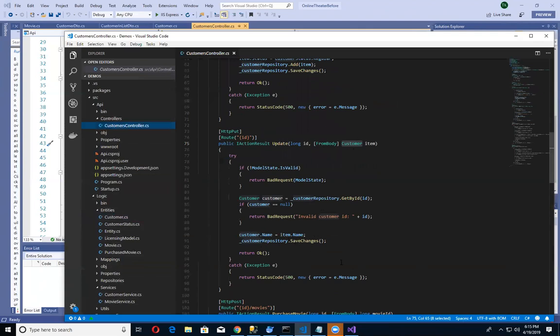In many cases, the way we do our repositories with ORMs using Entity Framework and such, an operation like this is going to save everything coming in. Well, what if you only really want to update one or two fields? Granted, on the client, maybe your client is only updating those two fields and passing the whole object in. You run the risk of nulling out some of those other objects, or even worse, you can have a